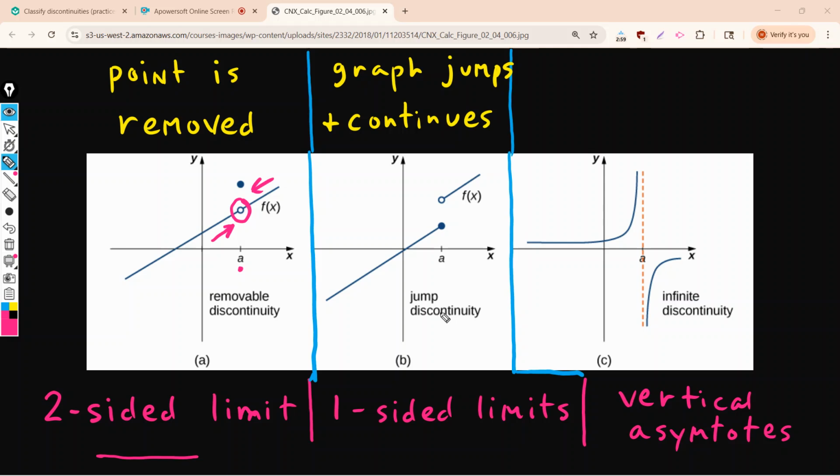Now for the jump discontinuity, the graph almost literally jumps, but it continues, okay? So you'll have part of the graph on one side, and then there's a jump, and then there's part of the graph on the other side. That graph will have only one-sided limits when there's a jump. So if you see x equals a, if you approach a from the left,